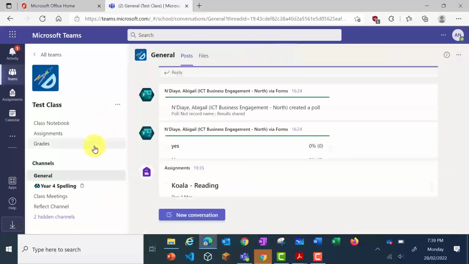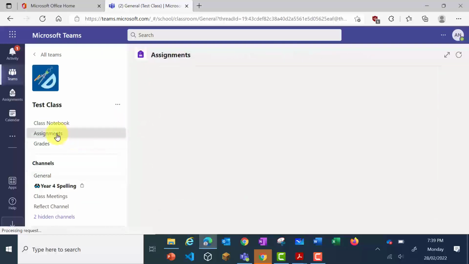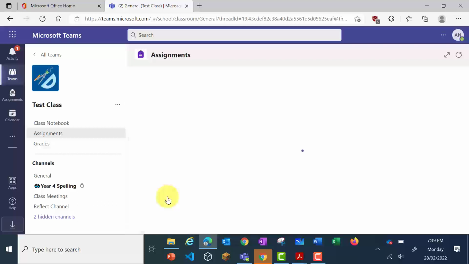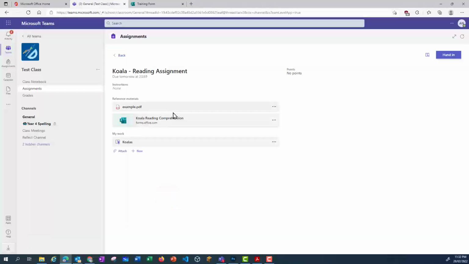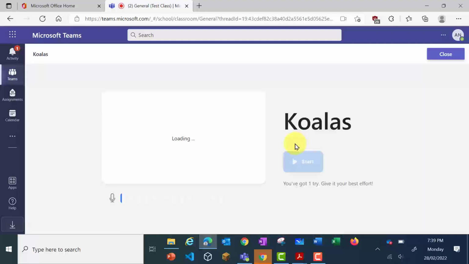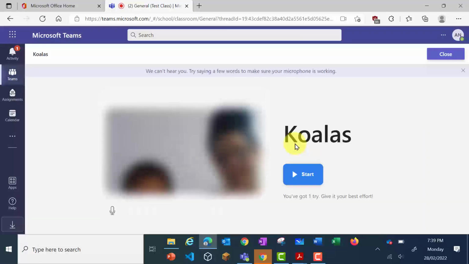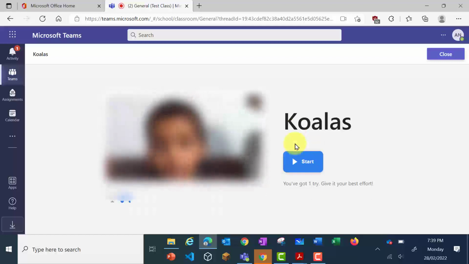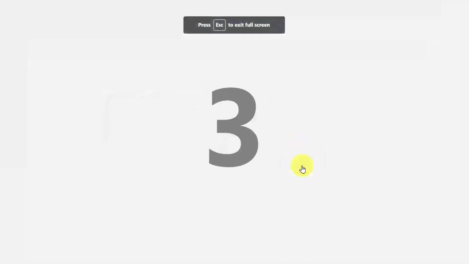I'm now in the student view. This is the same team, and under assignments I can see my koala reading assignment. If I go in there, I can click on my work, and this will bring up my assignment for me to read. Once I click on Start, or the student clicks on Start,